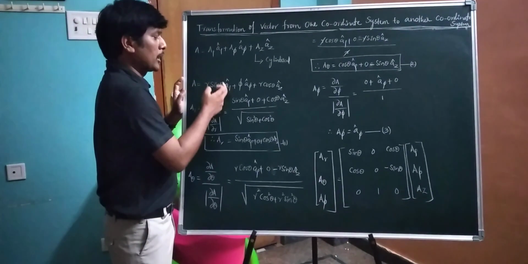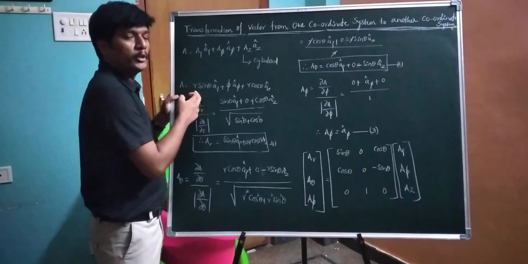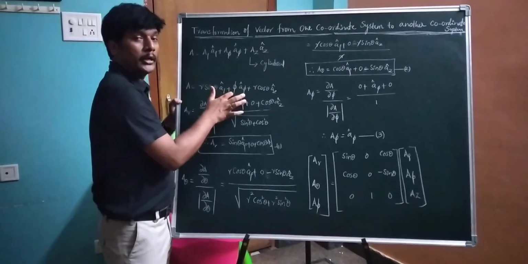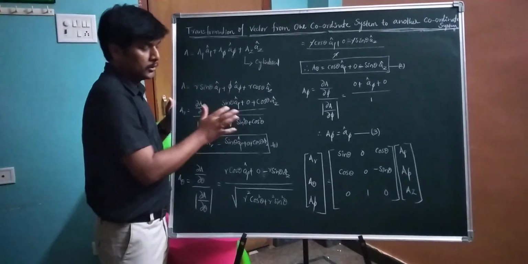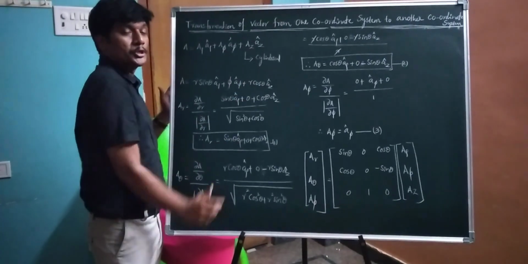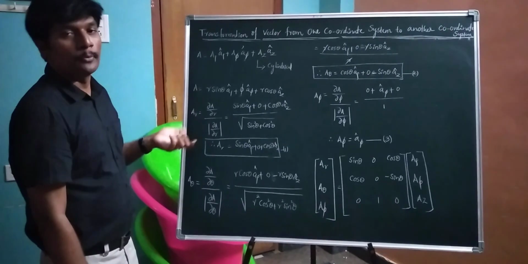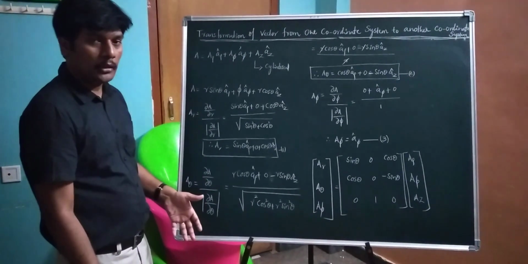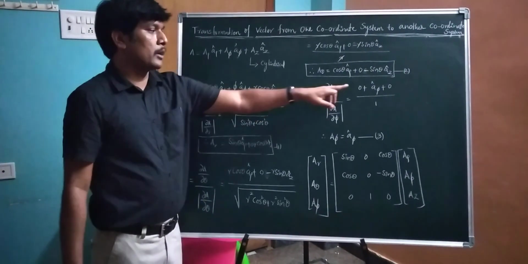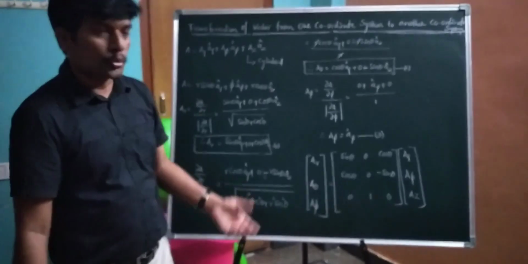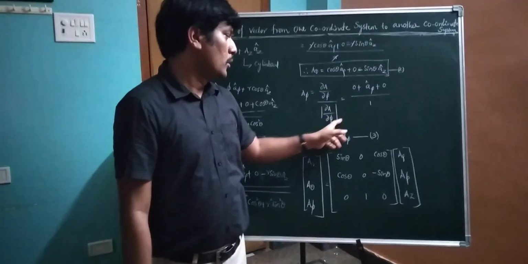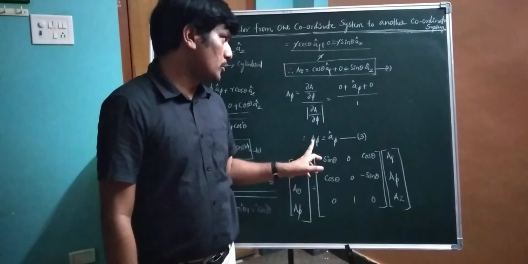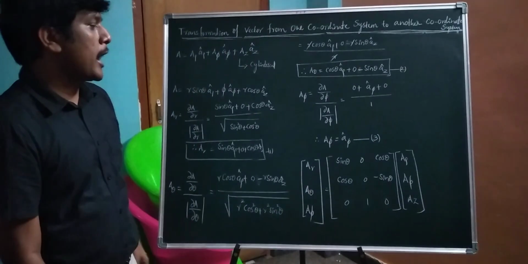Here there is no pi component, therefore differentiation of this with respect to pi becomes 0. Here we have the pi, dou pi by dou pi becomes 1. Here there is no pi component, therefore differentiation of that with respect to pi becomes 0. What is the magnitude of dou a divided by dou pi? So dou a divided by dou pi becomes simply a pi cap. Magnitude of that is 1. So therefore dou a divided by dou pi magnitude becomes 1. So a pi equals a pi cap.